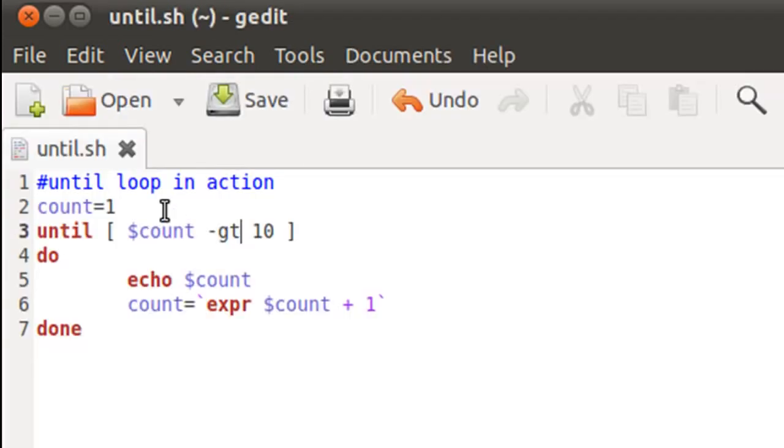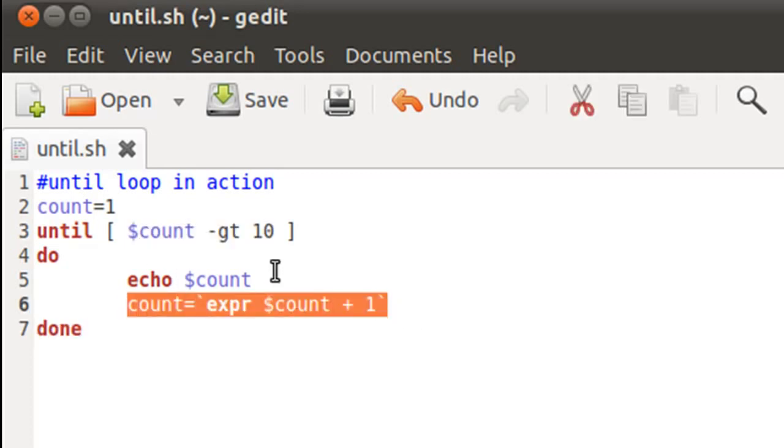So let me talk you guys through the script once again. We have used the -gt operator here because we wanted this test condition to evaluate to false, and while this condition evaluates to false, or until this condition gets a true value, the until block will keep on getting executed. So count is equal to 1 and it is not greater than 10, so execute the until block. Then we will increment the variable, and count for the next iteration will get the value 2. 2 is not greater than 10, so execute the until block again. Then count gets 3. 3 is not greater than 10, execute the until block again, and this will keep on